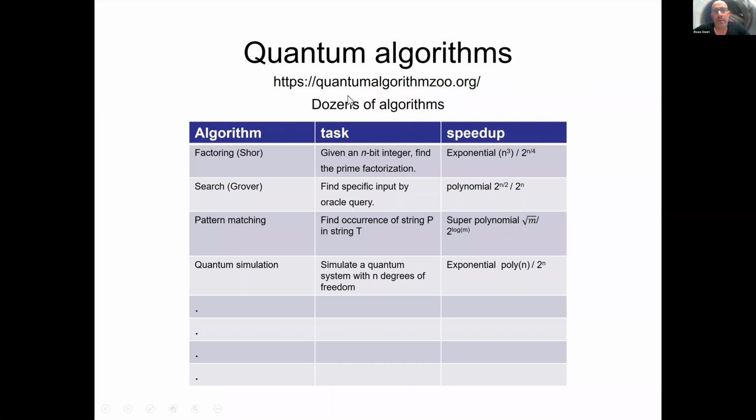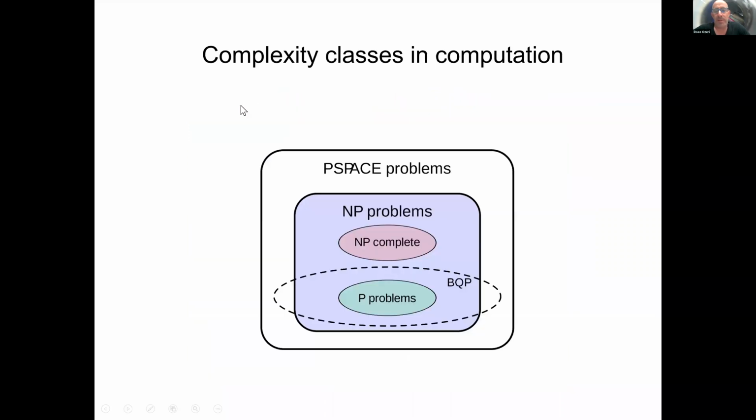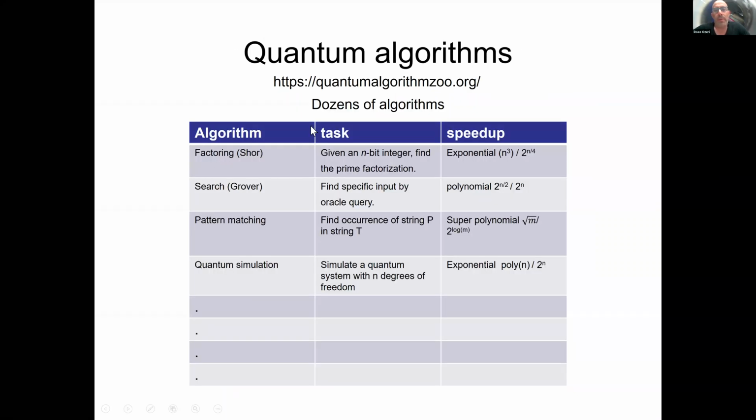So, in the 30 years that passed since people came up with this notion of quantum computer, people came up with many different algorithms that demonstrate the power of quantum computers. And I'm not going to give you these algorithms. I'll just say that one of the algorithms here is the factoring algorithm. The factoring algorithm is an algorithm that takes a very large number and breaks it into the product of the prime numbers that compose this number.